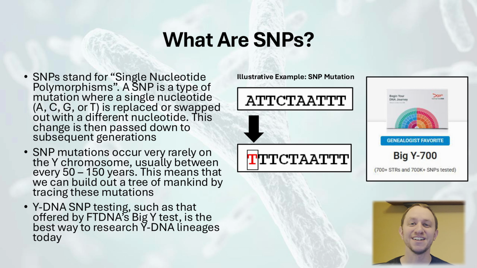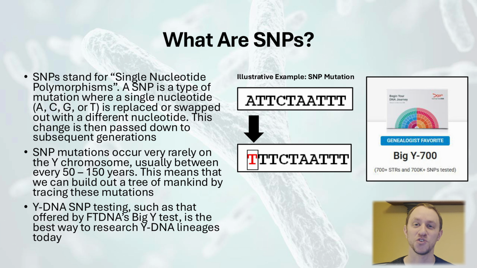So what exactly is a SNP? SNP stands for single nucleotide polymorphism. It's a small mutation where a single nucleotide or letter of your DNA, A, C, G, or T, gets swapped for another. In the example here, you can see a SNP mutation forms when a T is substituted for an A. These mutations are rare, occurring roughly every 50 to 150 years on the Y chromosome, and they're subsequently